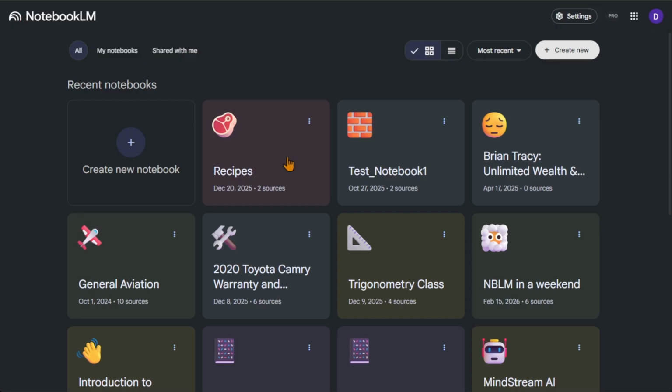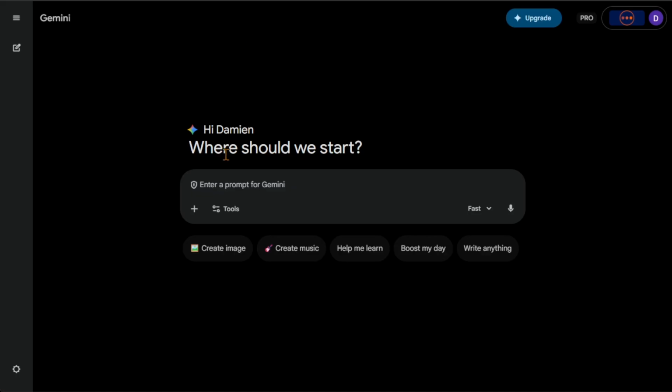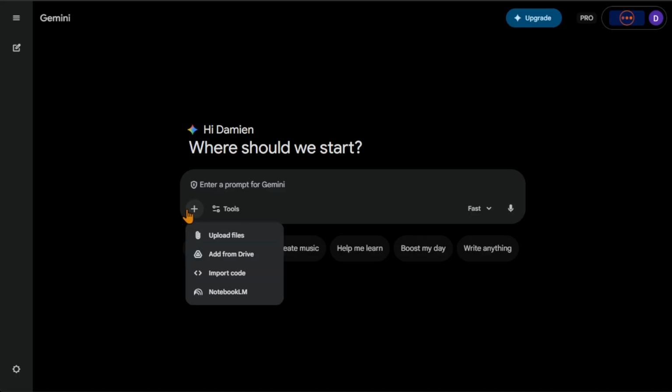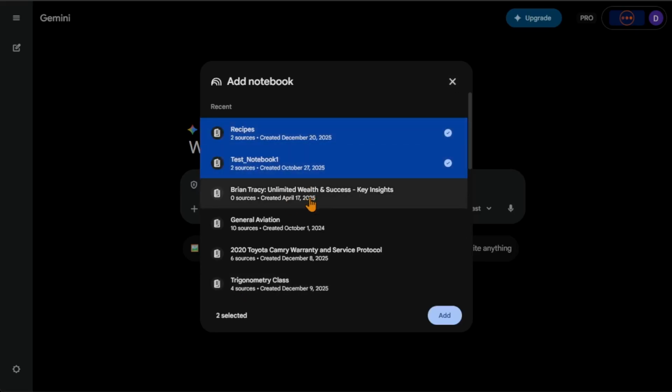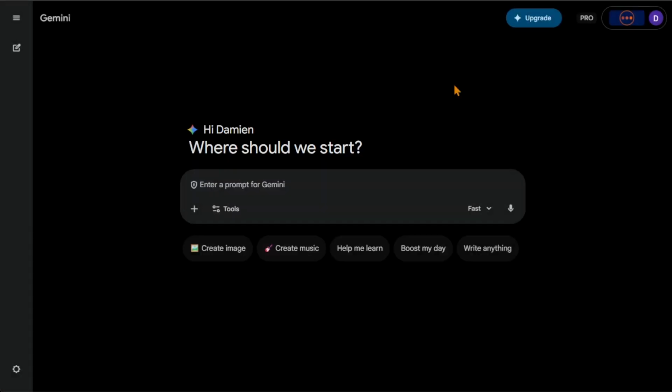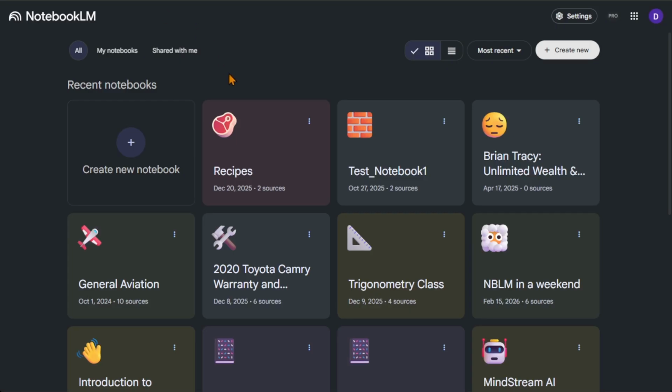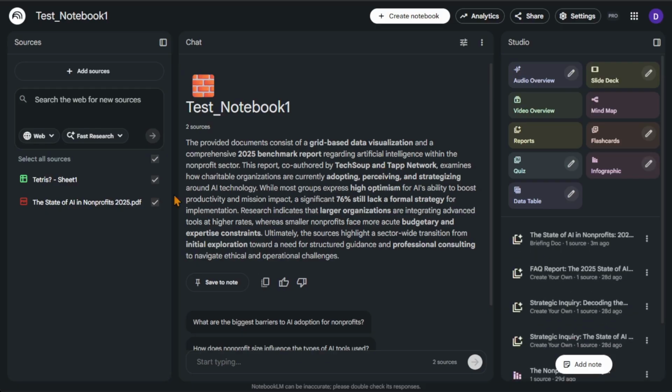So putting it all together, if I want to take information from one notebook in NotebookLM and have it available in a different notebook, I can go into Google Gemini and click on the plus and go to NotebookLM and then select 2 or more notebooks that I want to add to the prompt and then prompt it from there. Or I can stay within NotebookLM and go to whichever the first notebook is,